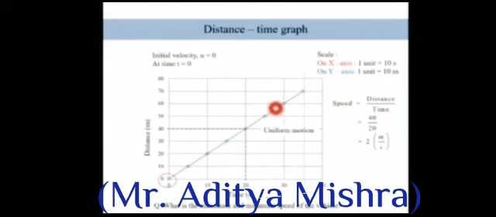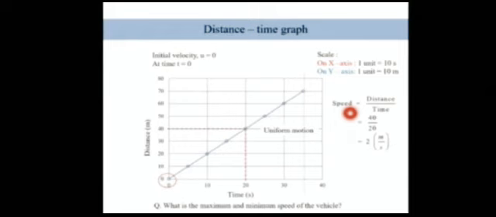So the distance-time graph also tells us the speed of a vehicle, and for a straight line which is passing through the origin, there is a simple trick. Very importantly, it should be a straight line passing through the origin. Then, and only then, can we simply put speed equals distance upon time. Pick any point, find the distance and the corresponding time, and we end up getting a speed of 2 meters per second. So for this particular graph, there is one homework question.